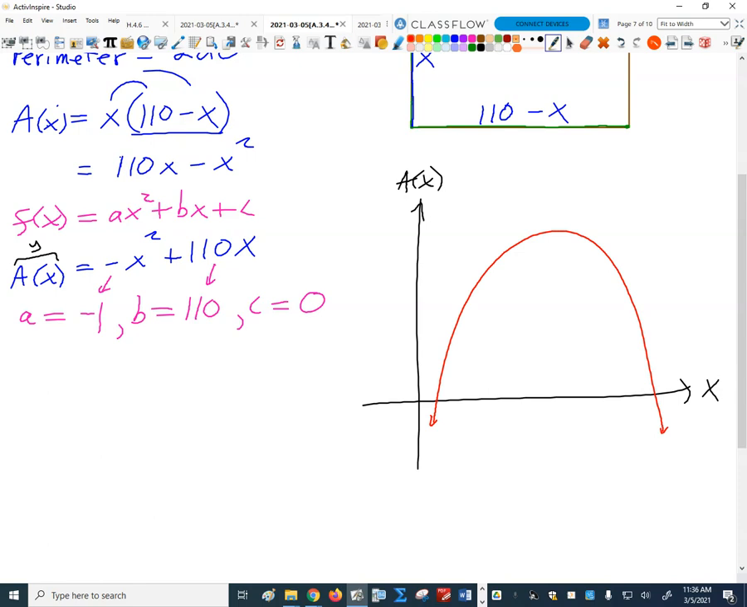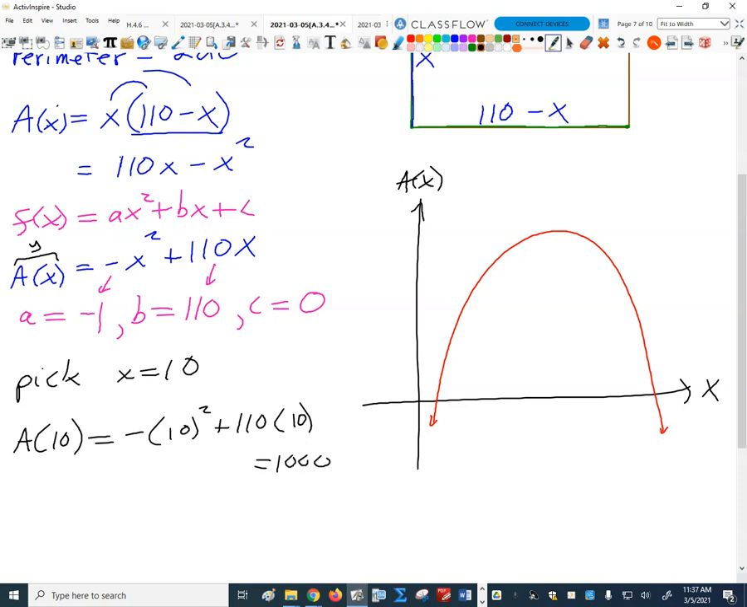And let's think what the ordered pairs on this parabola represent. Let's just say I'm going to pick x equals 10, okay? I'm going to plug 10 into my function. Well, what's a of 10 going to give me? For my x, I'm going to plug in a 10, so I get negative 10 squared plus 110 times, instead of an x, I'm going to plug in a 10. That's going to give me negative 100 plus 1100, which is 1000 as my result. So if I plug in a 10,